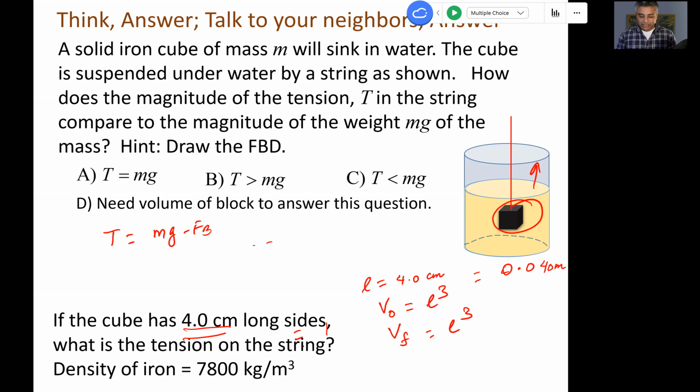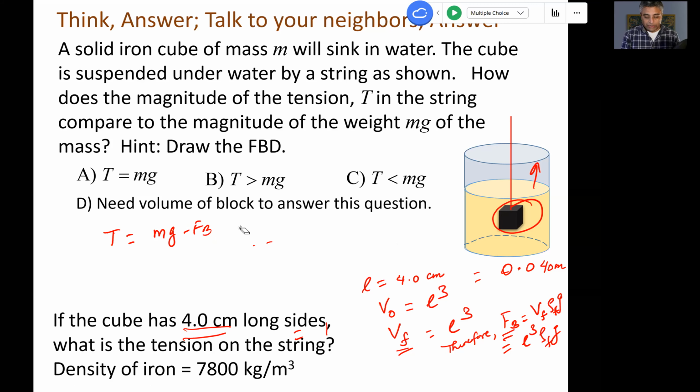And what is the tension on the string? So why do I need this? Because I need buoyant force. Buoyant force is volume of fluid displaced times density of fluid times g. So that means it's going to be L cubed, and then density of fluid and g. So now I know the buoyant force. And how about